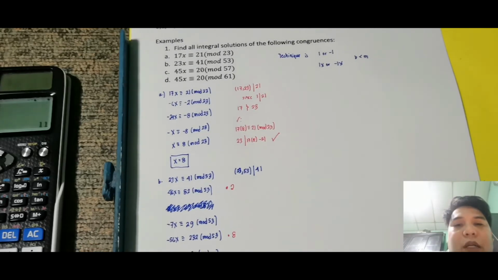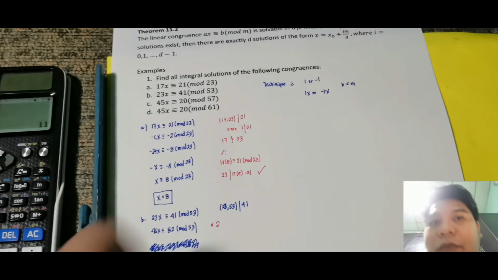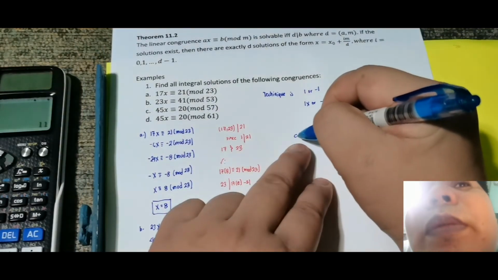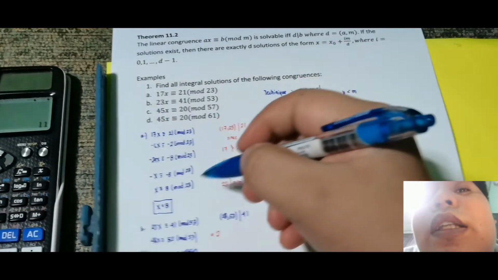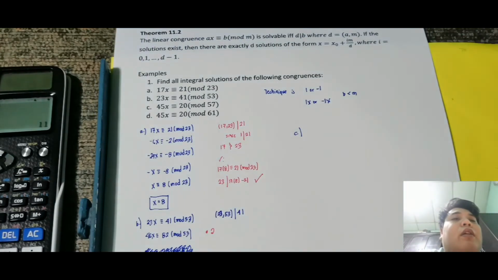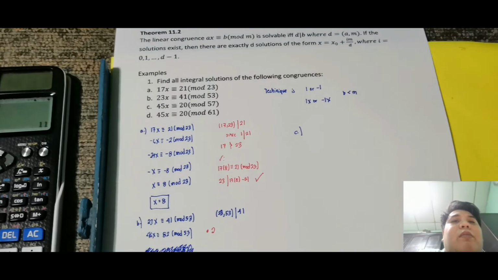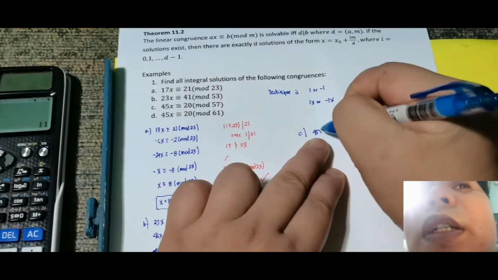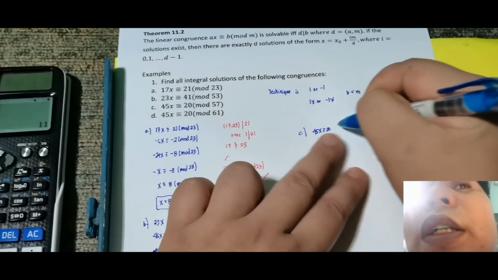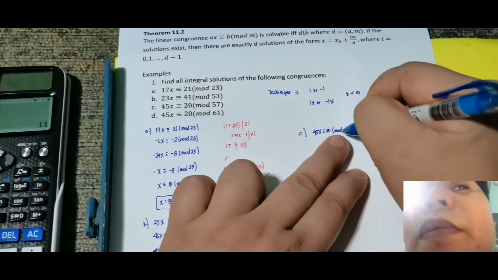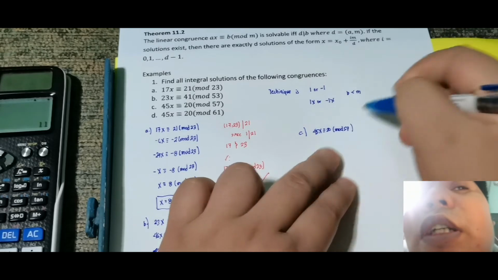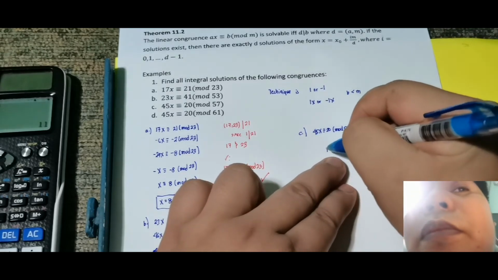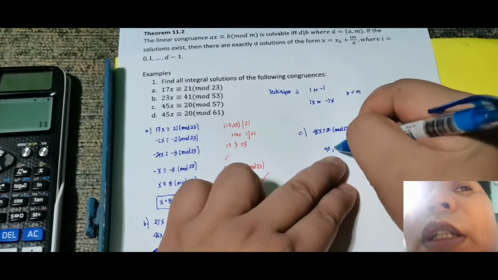So, kung gusto mo check ko, na bahala mag-check din. Okay, letter C. So, hoping na mapabilis tayo. Medyo tumatagal-tagal na yung M ni sir. So, that is 45x. So, we have 45x congruence to 20 mod 57. So, check ulit natin. So, we have 45, then 57